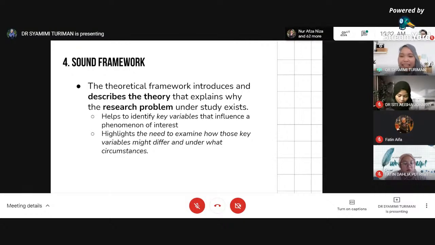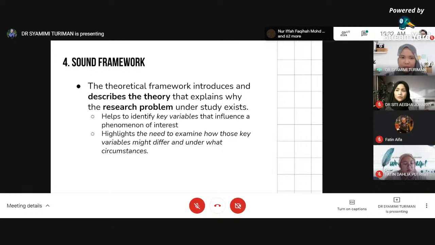Not really in detail, because you are expected to explain in further detail in chapter 2. But at least give a hint or give a gist of whose framework you are adopting or using for the purpose of conducting your research. So the theoretical framework introduces and describes the theory that explains why the research problem under